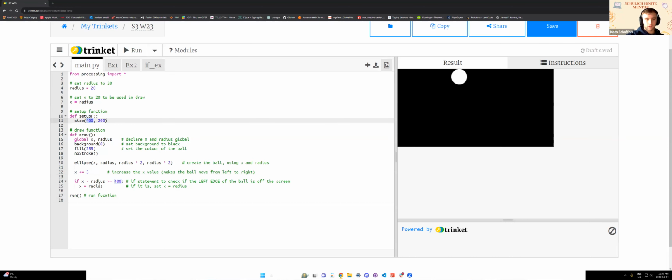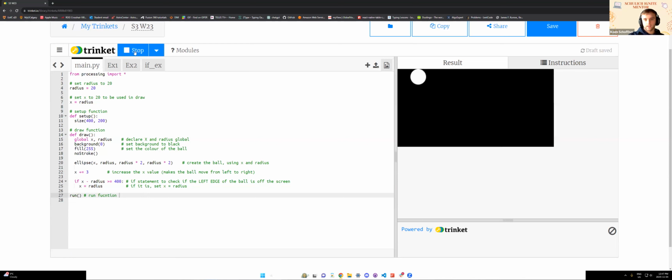If x minus the radius is greater than that value, so the ball is off the screen, we're going to reset x to the radius, which is 20, where it started at the beginning of our code. Once we check that, it's going to set it, and then we loop back to the top of draw and it continues. So you can see at every instance of draw, every time it's run, we're always checking the value of x to see if the ball is in the position that we want it to be.